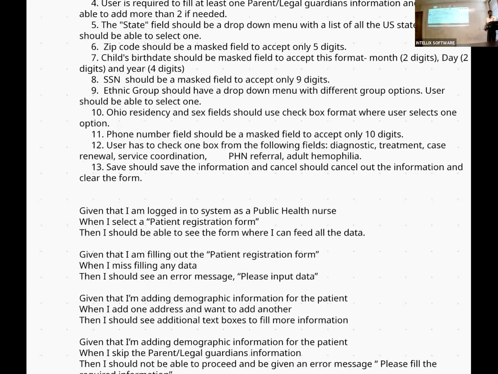Okay, they should be able to save the information and cancel. I mean, not hit cancel, but they should have the capability of canceling. When they cancel, all the information should be cleared from the form. Right. Now, again, when you do save,